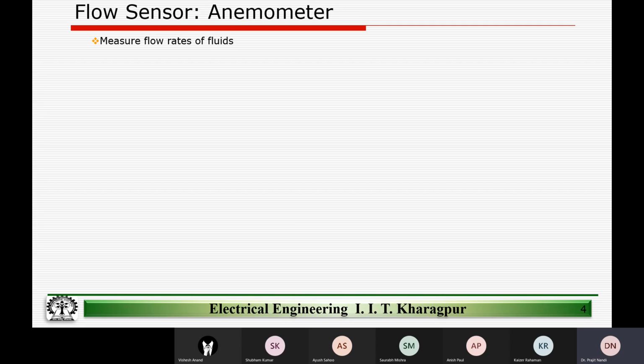So we are first going to look at the anemometer, which is nothing but a sensor used to measure flow rates of fluids and non-conducting liquids in open channels and closed pipes. This is important because if the liquid itself becomes conducting, then the physics of the sensors becomes very complicated. Meaning the simple heat transfer equations we are going to look at subsequently